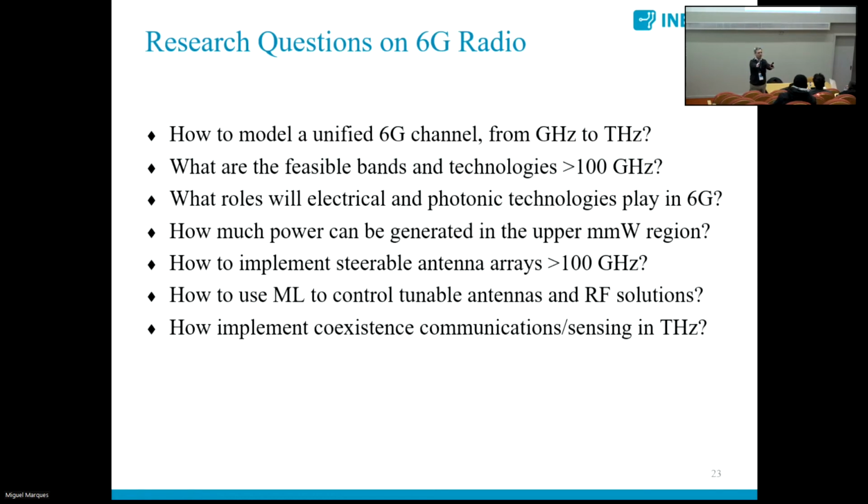And when you move, these beams move in the same way that, for instance, when I point, let's assume that I'm sending communications to a destination, then there will be a set of lights following all the users and all the robots, all devices. So the way in which we are going to manage the access of terminals to the communication system will be made in a very different way, and we should take advantage of the full and detailed control of these antennas. And then, of course, how to enable the coexistence between communications and sensing.